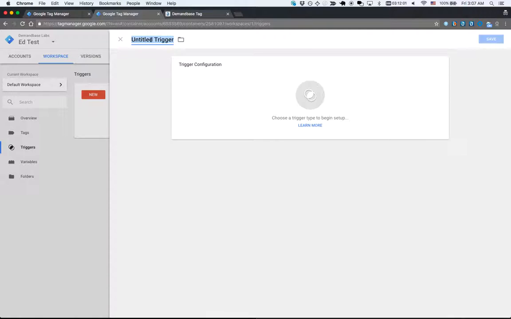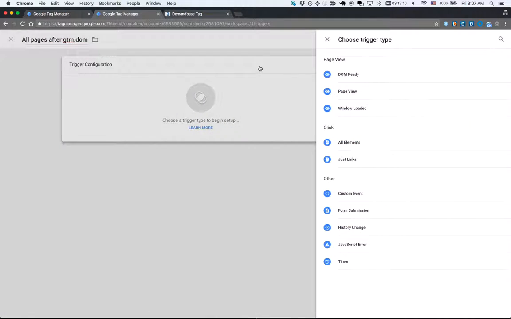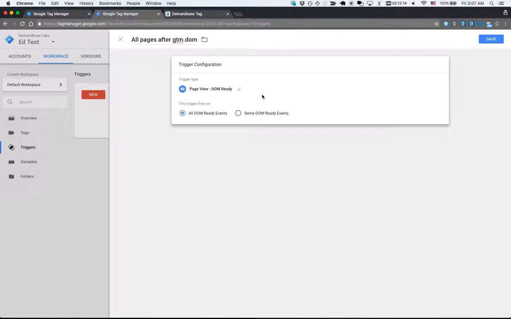Once again, we'll want to name this something useful. We typically recommend that you name it something like All Pages after gtm.dom. When we configure this trigger, we'll want to make sure to select DOM Ready as a trigger type,